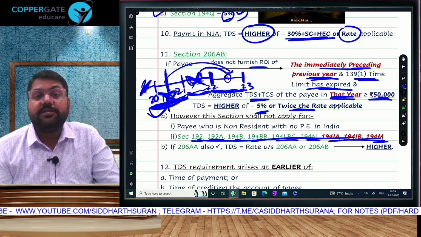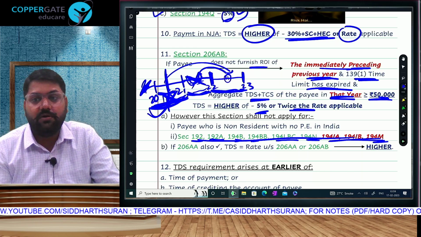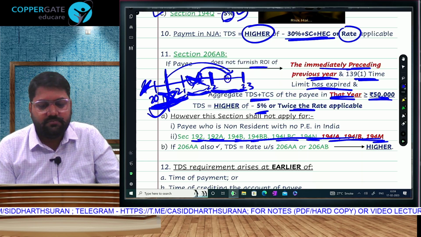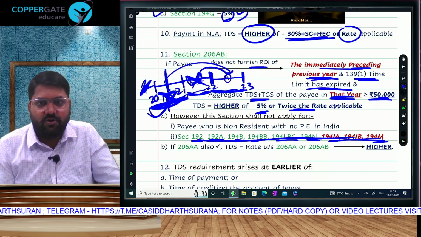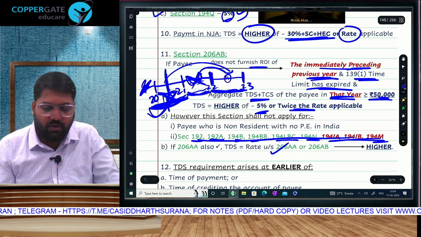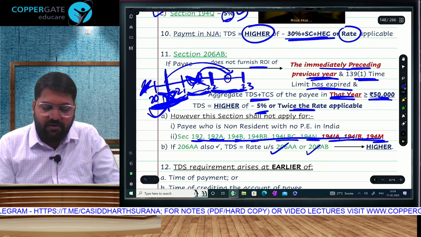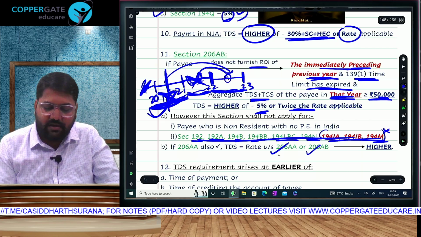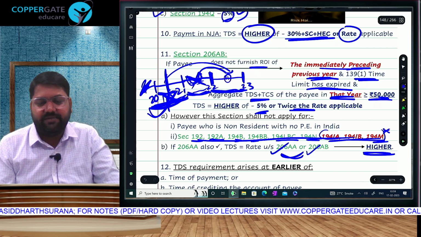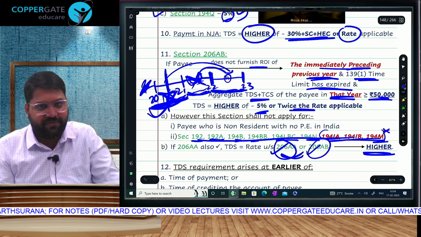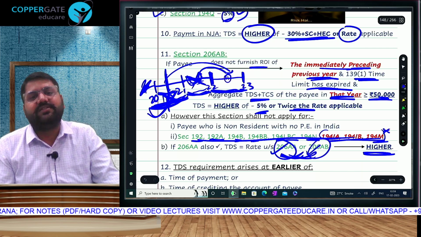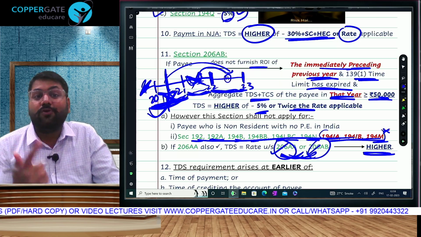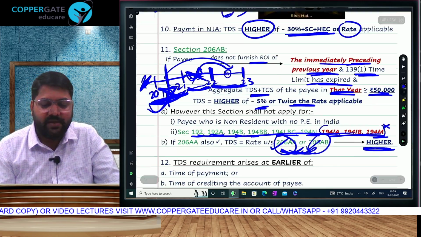And lastly, is it possible that the payee has done a double default? Not filed return also and not furnished PAN also. Non-furnishing of PAN or not filing of return, then 206AA will also apply, 206AB will also apply. Obviously not for these sections. These are exceptions, with 3 amendments also. But otherwise both will apply. So of the two, whichever is higher: 20 from here and double rate or 5% whichever is higher from here. Between these two, whichever is higher is going to become applicable. That's the joint study of non-filing of return and non-furnishing of PAN provisions.